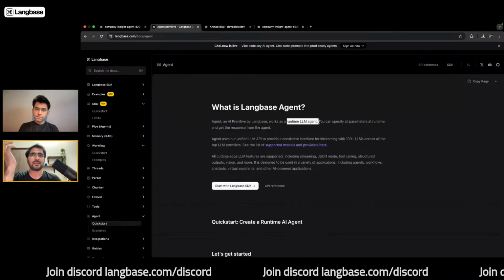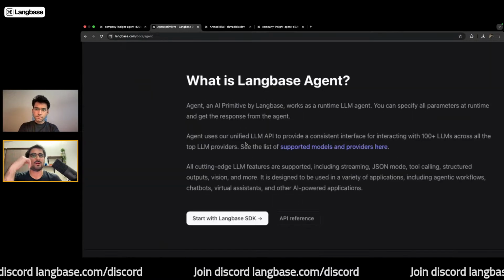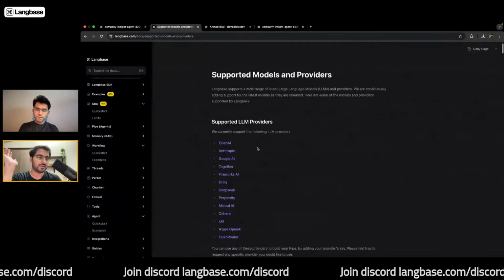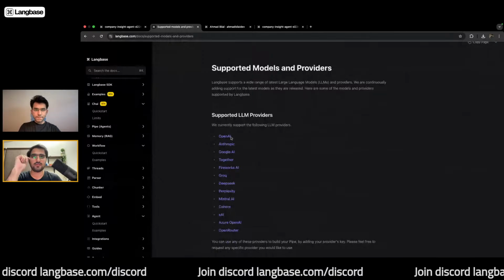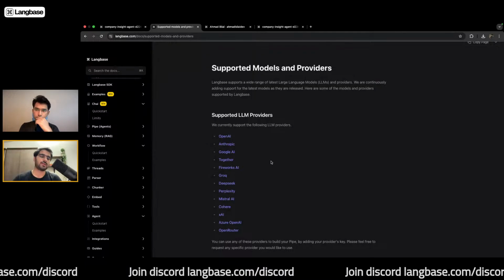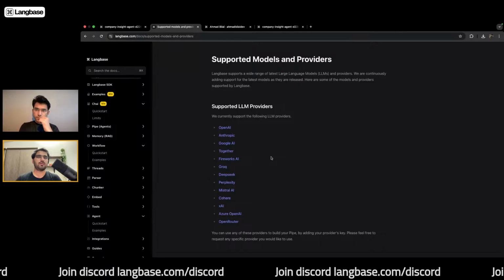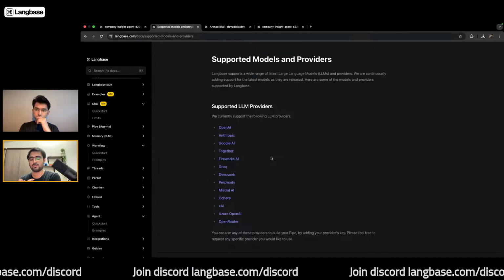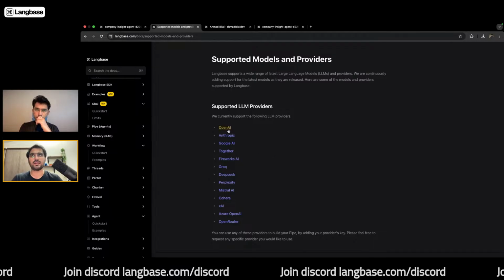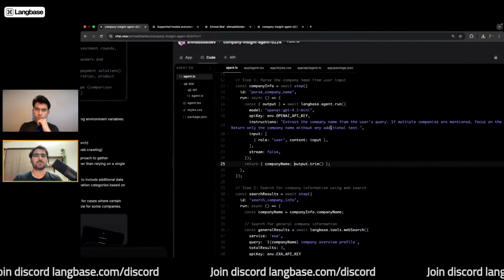The good thing about it is that it is a unified LLM API that supports hundreds of LLM models, the latest and greatest, across different providers like OpenAI, Anthropic, DeepSeek, and more. Because the API is unified, you don't have to change your API shape or the response shape if you are changing a model or a provider. So it's using an agent to parse the company name.